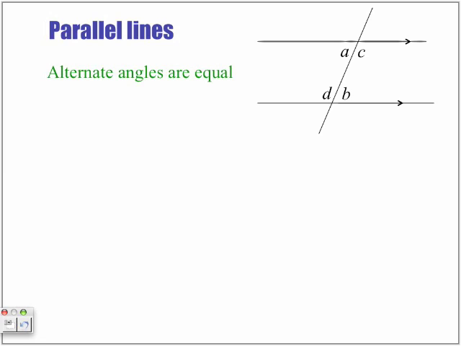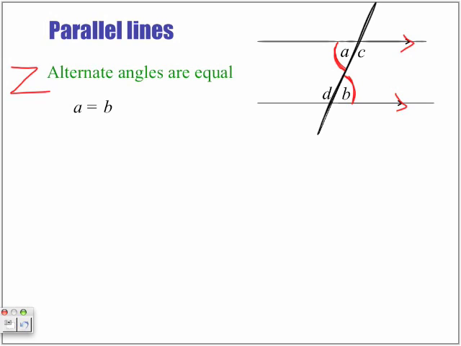Parallel lines. Alternate angles are equal. So, angle A is equal to angle B. If we look at alternate angles, they form pretty much this Z pattern. And that only works if we have these parallel lines. So if we have two parallel lines cross through with this transversal,